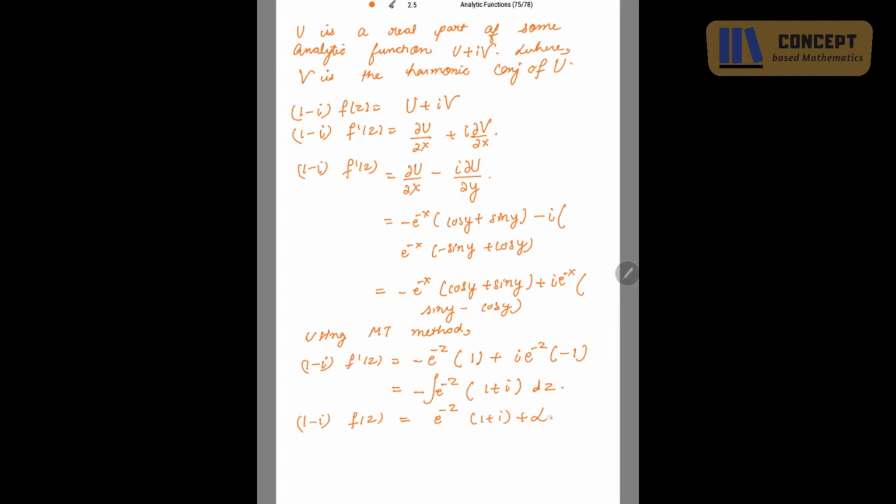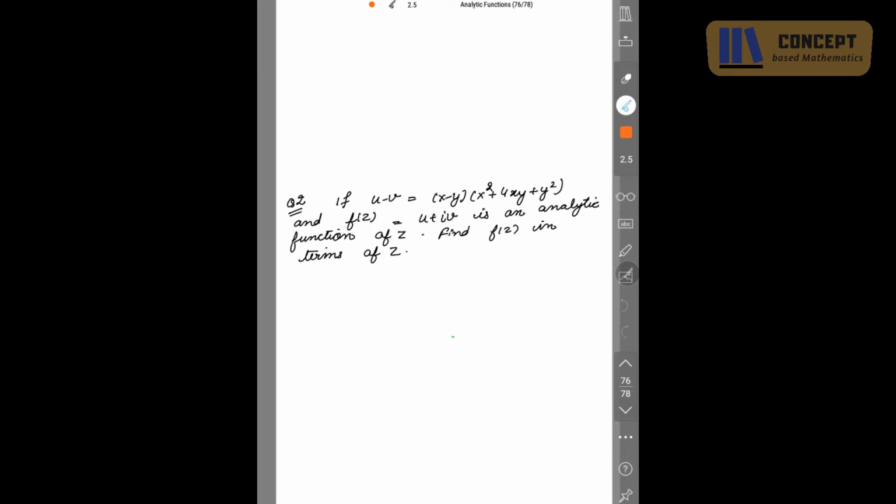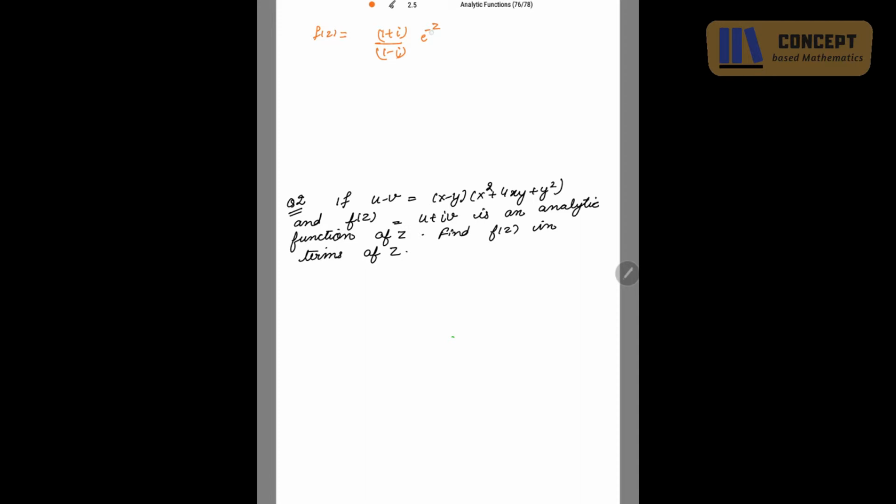Now this is okay. I take 1 minus iota on the other side. f of z is equal to (1 plus iota) over (1 minus iota) e to the power minus z plus alpha over (1 minus iota). Take this whole constant to be equal to c. So you will get f of z is equal to (1 plus iota) over (1 minus iota) e to the power minus z